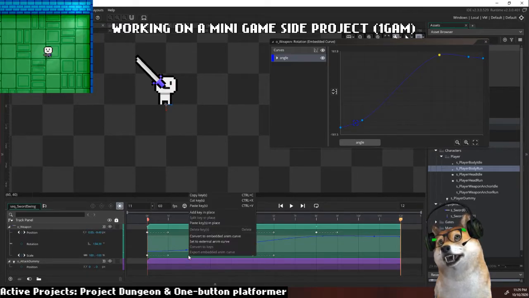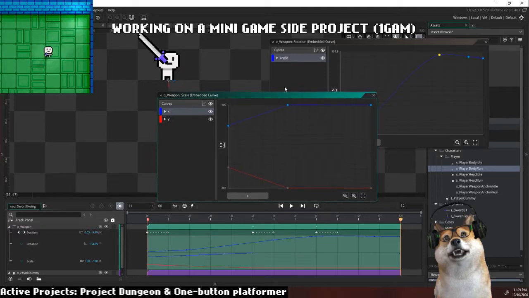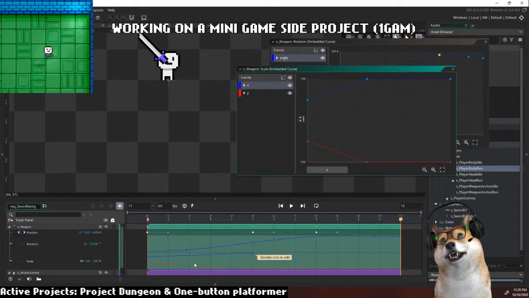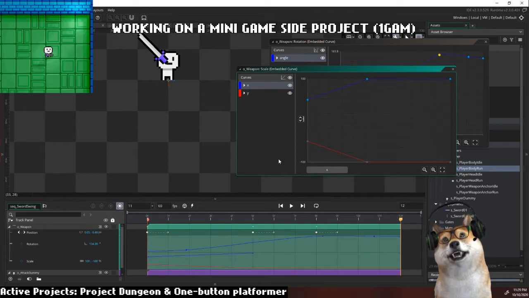Okay, for the scale, maybe I should do a curve as well. Why is there like two curves? Oh, for the X and Y. Right, for the X and Y. It's getting a little hard to visualize, isn't it? Let me see, scale for the X and Y. By right, they're supposed to be the same, but because I'm scaling Y in the negative direction,